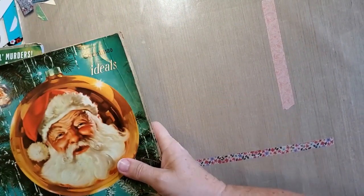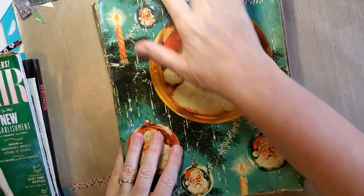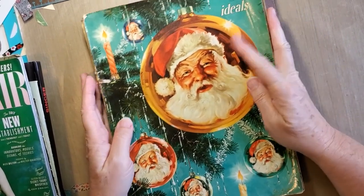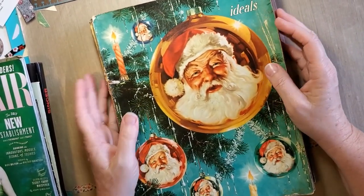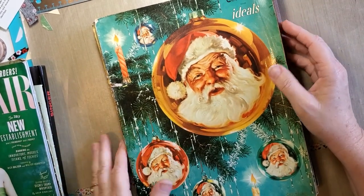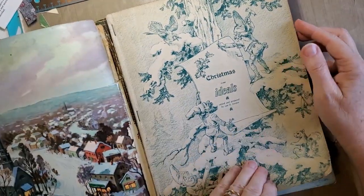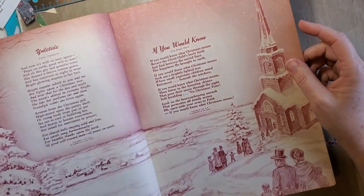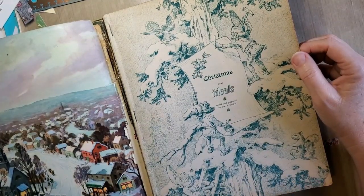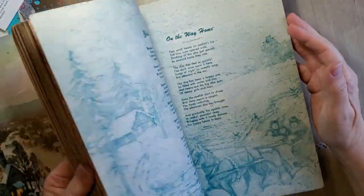And then I picked up these. Now, I have not been picking up Ideals magazines because I have quite a few, and I have a hard time using them, actually. But I picked these up because these are older ones, and they're not in wonderful shape, but the pictures in them are amazing. This is dated 1950. This book is,